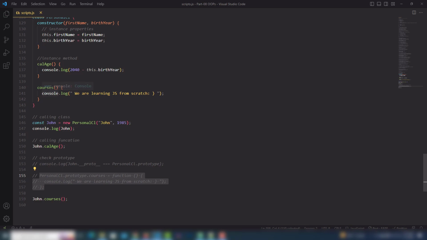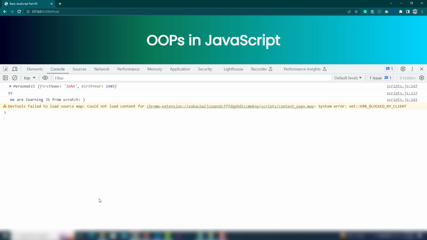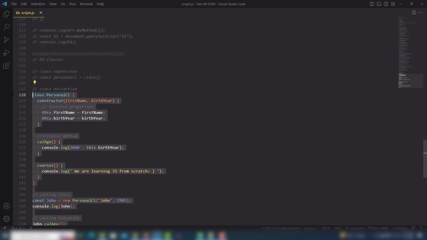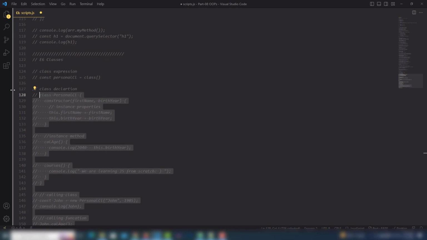Behind the scene it will automatically generate the prototype property when you will use that inside the class. So let's look at that. We are learning JS from scratch. We don't need to use the prototype manually inside there, right? Let's comment that,